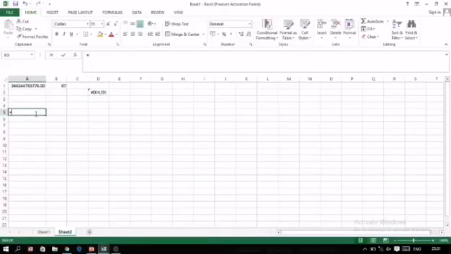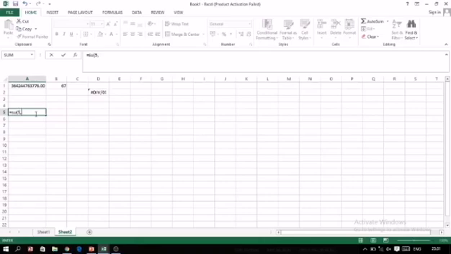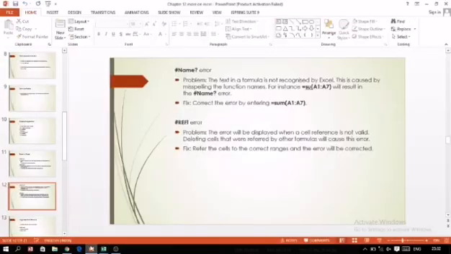But if you have made a mistake, for example, I want to write SUM, but by mistake I have not typed the letter M, or I pressed it but it was not pressed properly, so it remains only SU, and as I press the enter key, we get a name error, because Excel does not know what SU is. There is no function named SU in Excel. Excel knows SUM, but not SU. Therefore this name error is coming. If a name error is coming, we easily understand that somewhere in the function name we made a mistake.